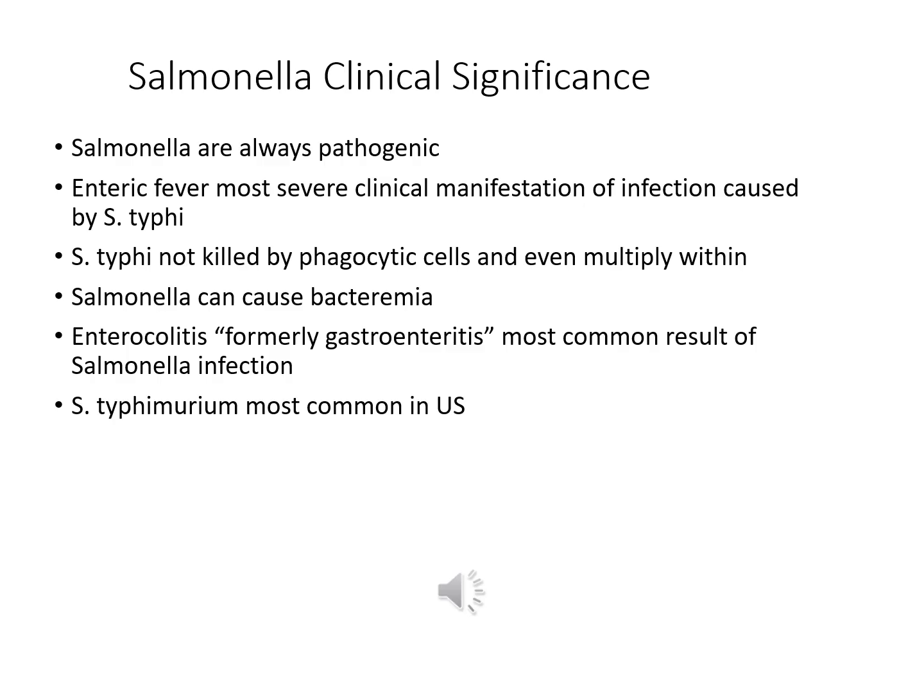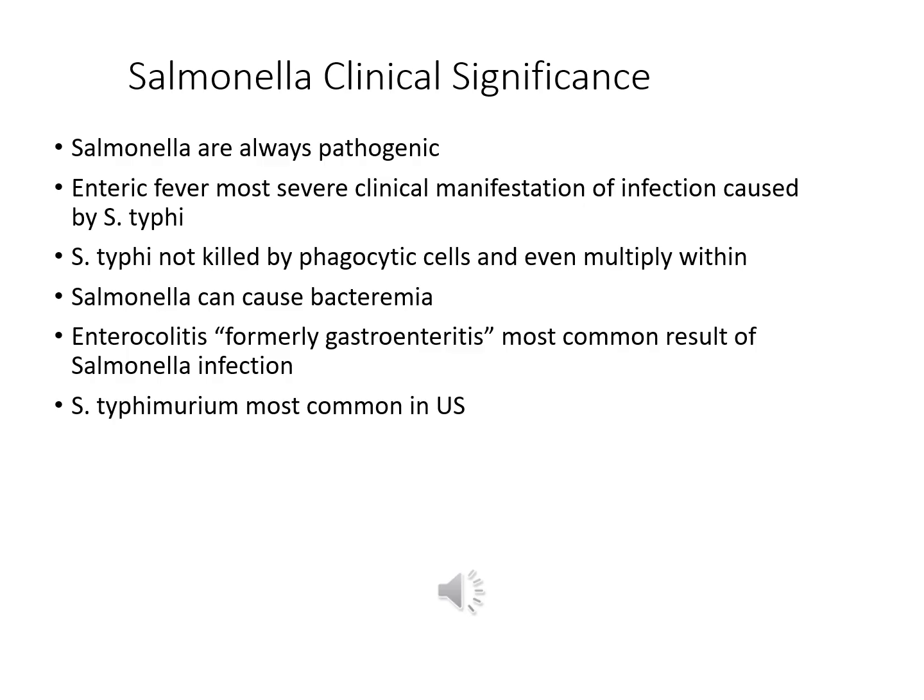As previously mentioned, Salmonella is always pathogenic. Enteric fever is the most severe clinical manifestation of the infection, and it is caused by Salmonella typhi. Salmonella typhi is typically not killed by phagocytic cells and is even able to replicate within the macrophage. Salmonella can cause bacteremia and can cause enterocolitis, formerly called gastroenteritis, and this is the most common result of a